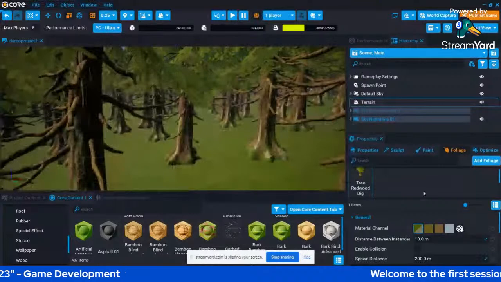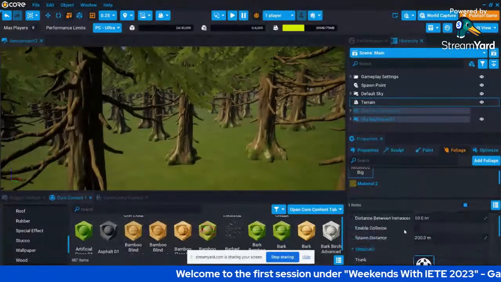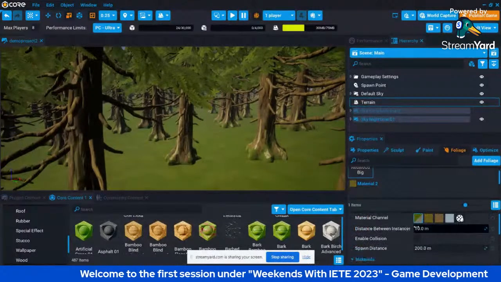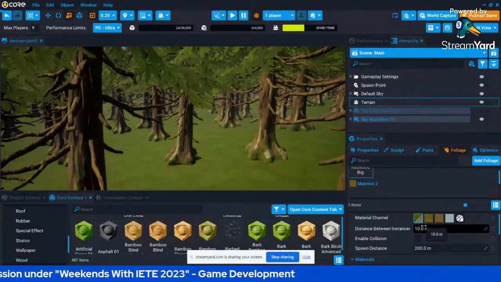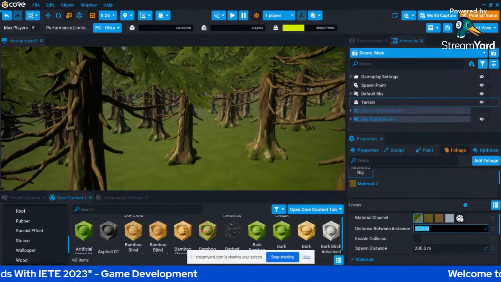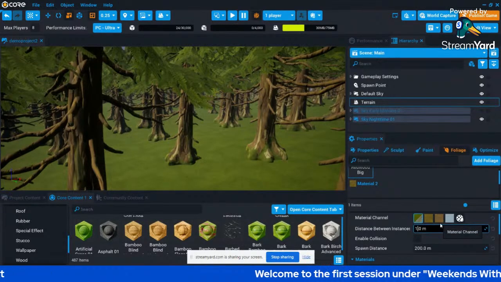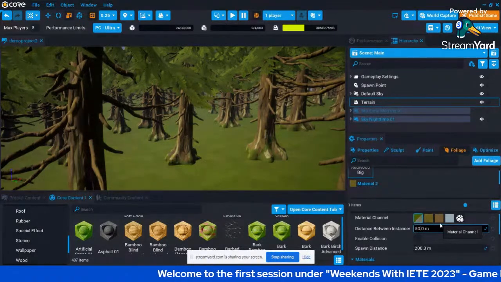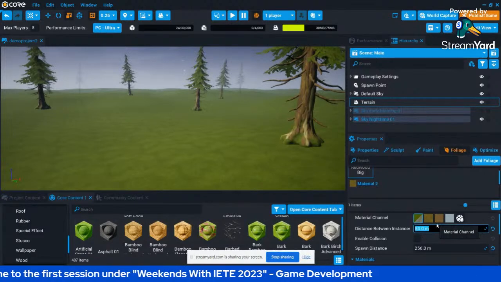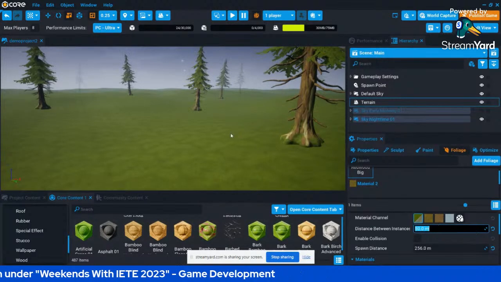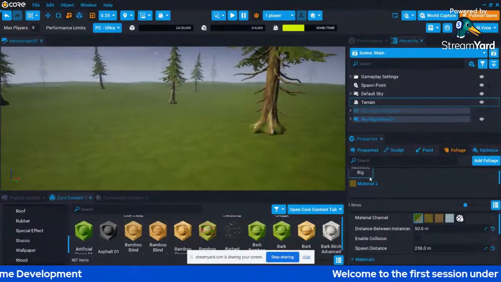So now just go to the properties. When you're developing it, I'll suggest that you must explore the properties as much as you can. Change the properties, test it, and just explore it. Now I want to change the distance between these trees from 10 meters to 50 meters. Now you can see it is much better. Now you have props, but you can easily see your ground as well. Much better for your character.